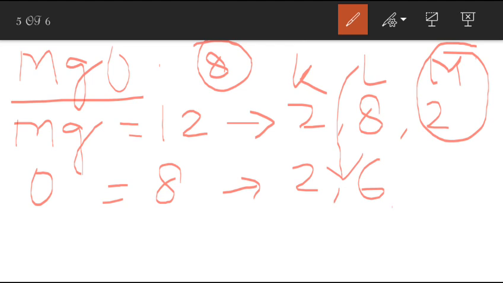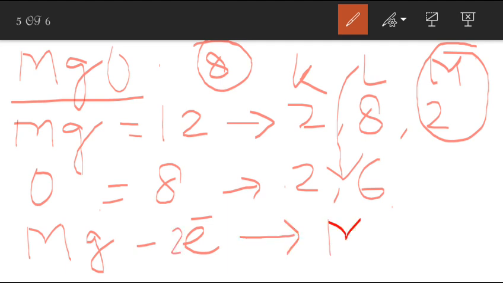But magnesium is a metal, it will lose electrons, and oxygen is a non-metal, it will gain electrons. Transfer of electron will take place in this way. Magnesium minus electrons, how many electrons? 2 electrons. It will get converted into Mg2+, magnesium divalent positive ion, and